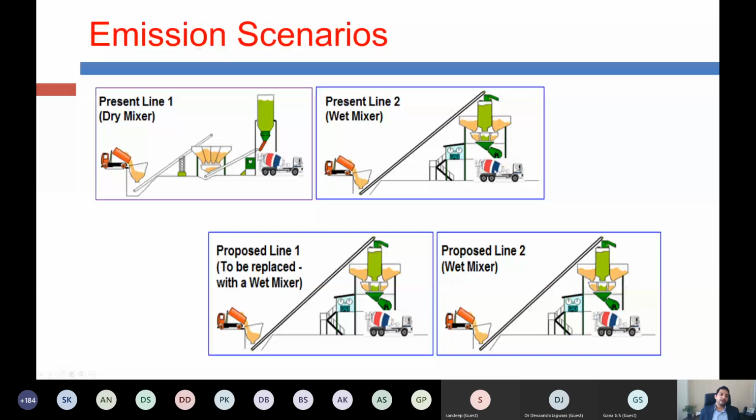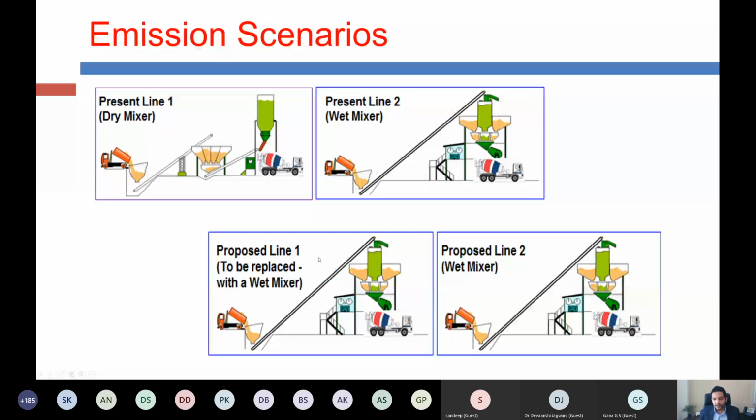So there was one wet line and one dry line, and they wanted to go for a third line, and they were already facing some dust emission issues. There were complaints from nearby residents in the area that the dust is very high, and they could see the dust on the clothes kept for drying outside, and in their houses and everywhere. So for this specific industry to go for another line, it was a very challenging scenario. So they asked us to